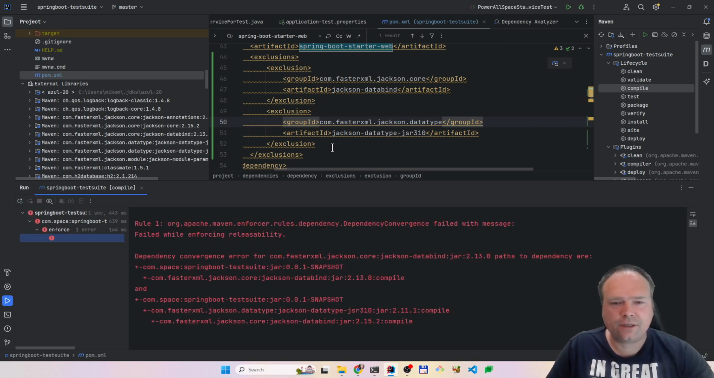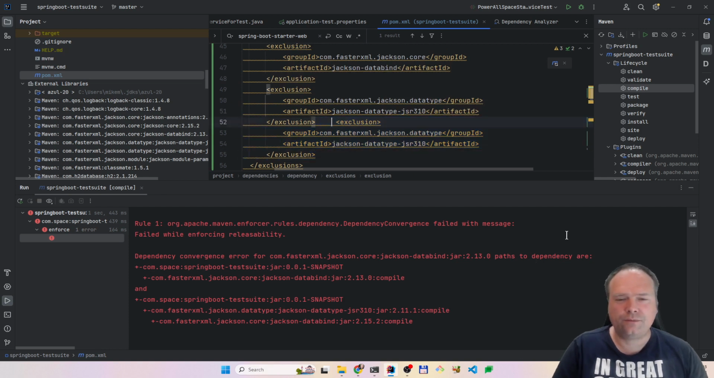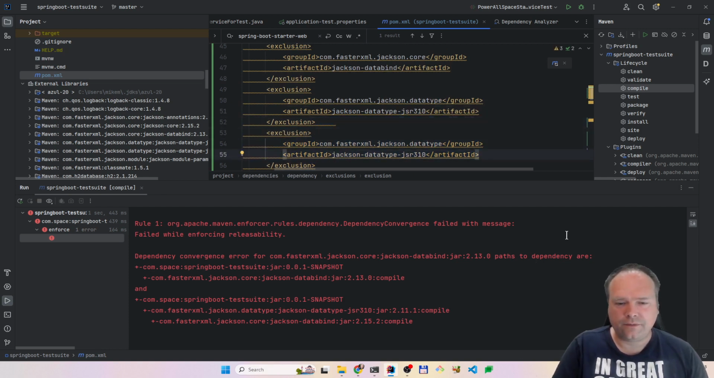Okay, there was also data bind, so there's actually two. So we have the data type and the data bind. So let us add those two. So we will have data type, and we will have the data bind. What do we have right there? We have the Jackson data type, and then we have the Jackson data type JSR 310. And that comes from,